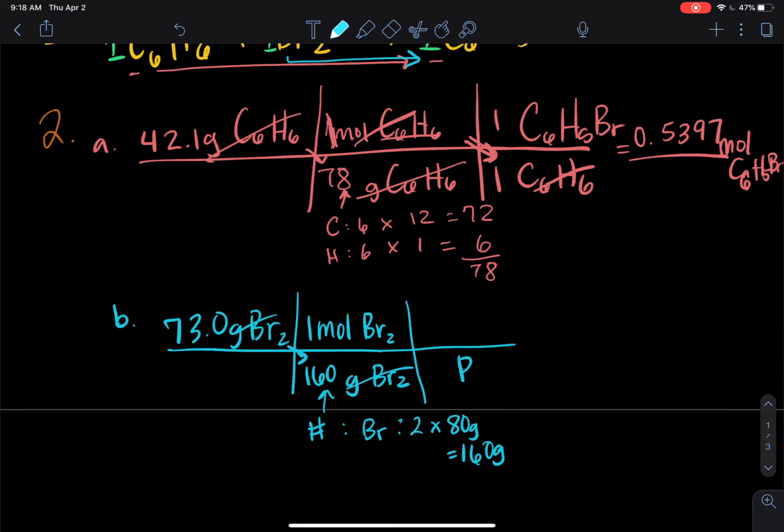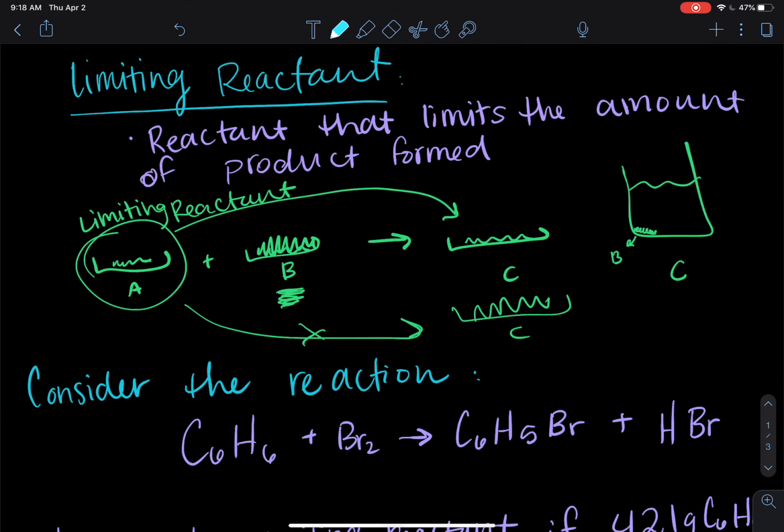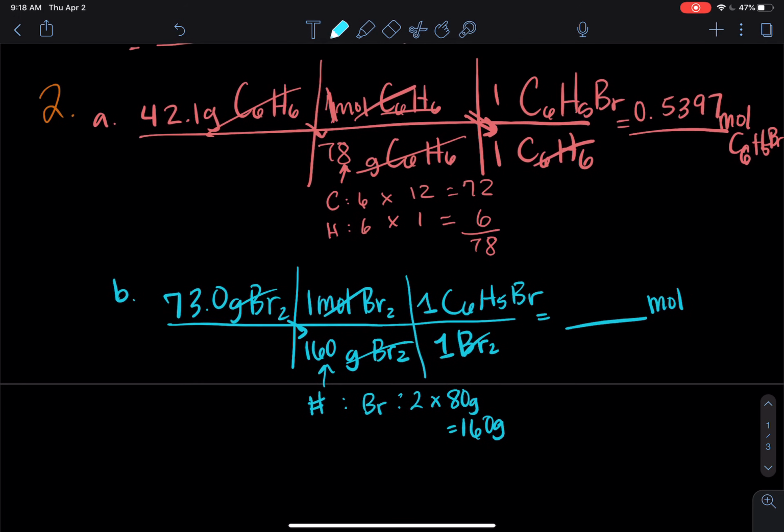And so I can put Br on bottom, C6H5Br on top, and I'm just going to use the coefficients, 1 and 1. That gets rid of moles of bromine, and I'm in moles of C6H5Br. All right, so again, the math on this is just 73 times 1 times 1 divided by 160 times 1, or 73 divided by 160. And that gives me